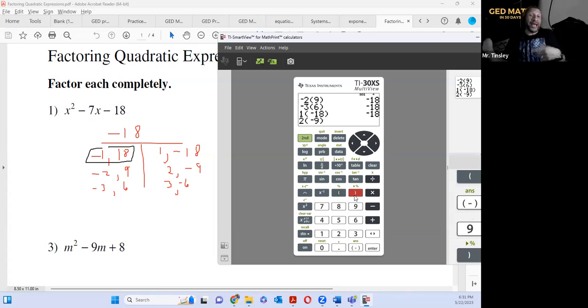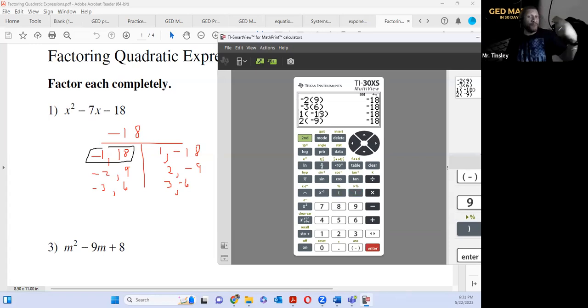So what you should realize too, as you practice putting these in, is that I'm not using a negative sign, the subtraction sign. I'm using the negative sign next to enter. Because what did I tell you? If your expression starts with a negative or your negative is in parentheses, you must use the negative next to